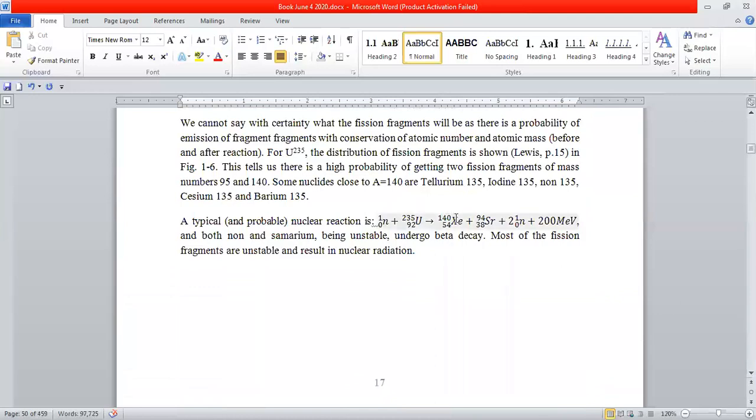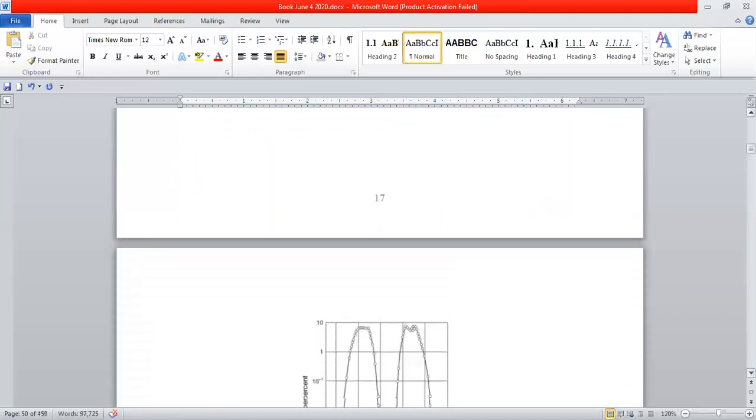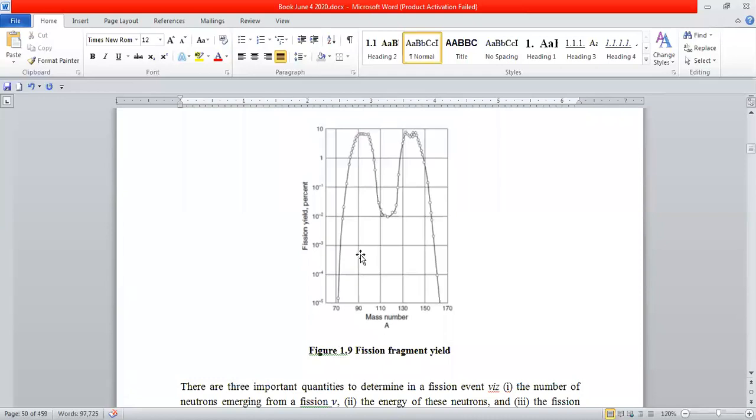Now, what comes out of fission? Well, it's not the same thing always. So it's stochastic, it's probabilistic. But a typical nuclear reaction could be that a neutron strikes a uranium nucleus, and in one particular case, you could get xenon and strontium. You could get two neutrons coming out, and you get a tiny little amount of energy. If you want to ask me what comes out of fission, then I'll show you this graph. I don't know exactly what's going to come out, but I know that if you plot the fission yield in percentages versus mass number,